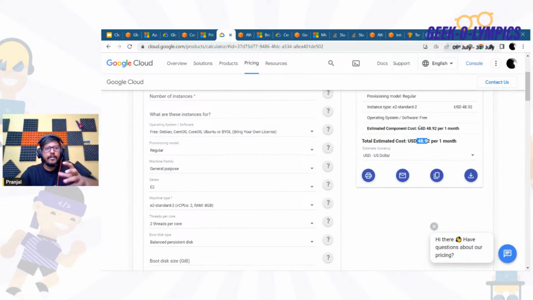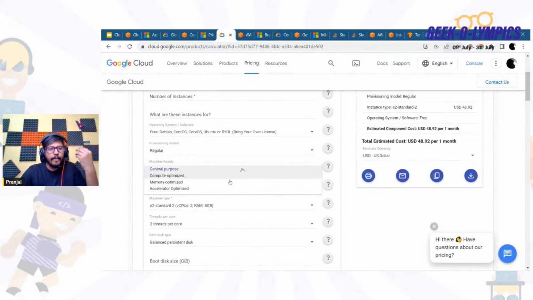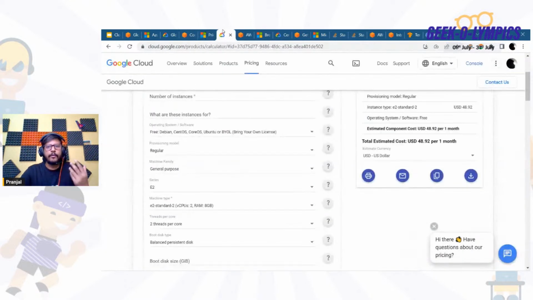Right now I'm just picking the general purpose compute service. If you choose the different options, like the regular one, the memory optimized, the storage optimized, or the compute optimized, then the prices will start varying. You have to look at your use case, and then decide which cloud platform you choose. This is how you can check the prices of different cloud service providers.